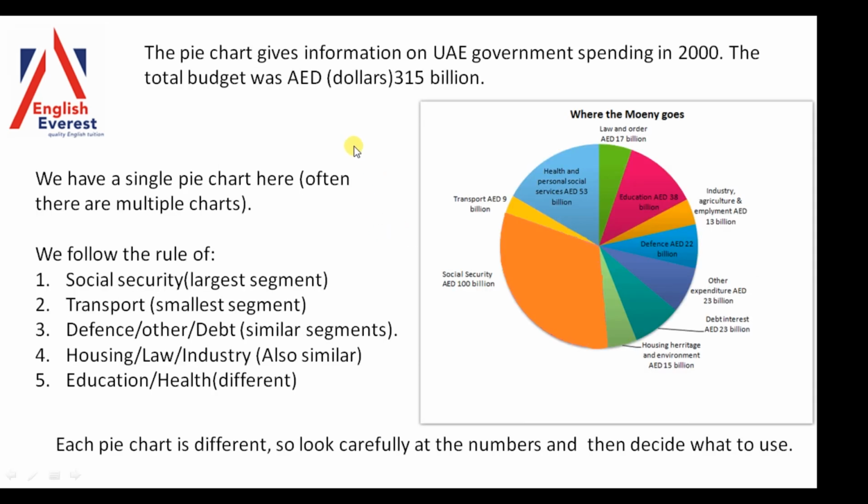So our example for this lesson is a single chart, which is the government spending in UAE, which is United Arab Emirates in the Middle East. This is their spending in 2000. So it's 1 year, so it's not going to be changing because it's only 1 year. The total budget is in dollars, Arabic dollars I imagine, or Arab Emirate dollars I think it is, and it is in the billions of dollars. Okay, so